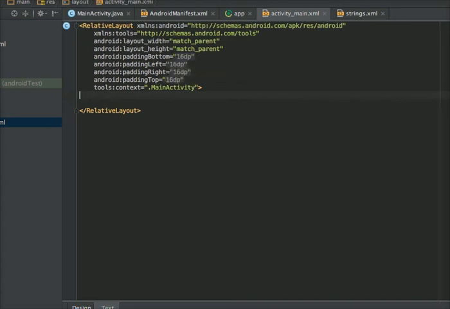I am opening the layout file that holds my activity. Okay, so in this layout file, I am creating a button.